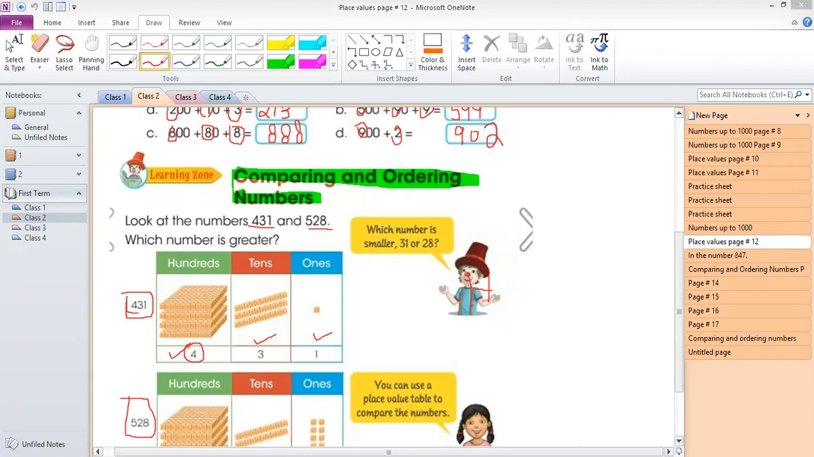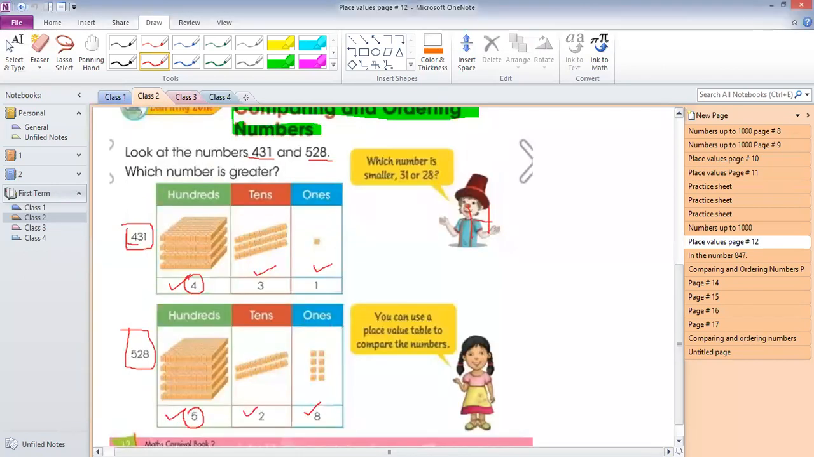Look at the first one here. The example in the book was 431 and 528. So we check out the hundreds. There were four hundreds, three tens, and one ones. But in 528, there were five hundreds, two tens, and eight ones. So here 400, here 500. So which is smaller? 400 is smaller than 500. That means 431 is smaller than